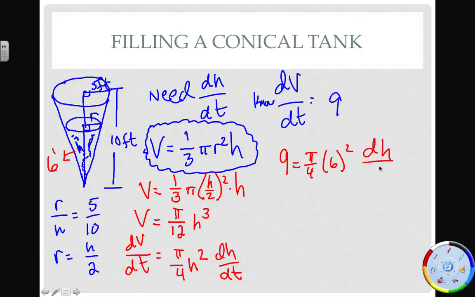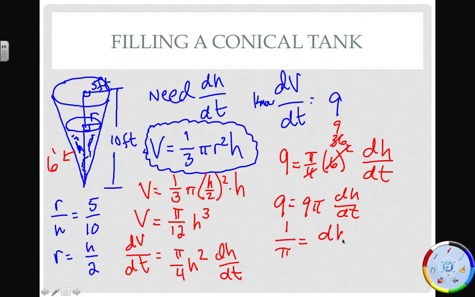And then notice now everything is just numbers. And I can just go straight to it. I can go, okay, 9 equals, 6 squared is actually 36. And the 4 cancels with the 36 to get 9, which means now I have 9 pi dh/dt. And if I divide both sides by 9 pi, I get 1 over pi equals dh, oops, not dh, that's silly, dh/dt. And if you did this on the calculator, that is approximately 0.32